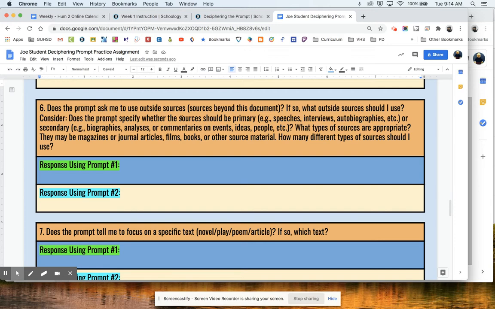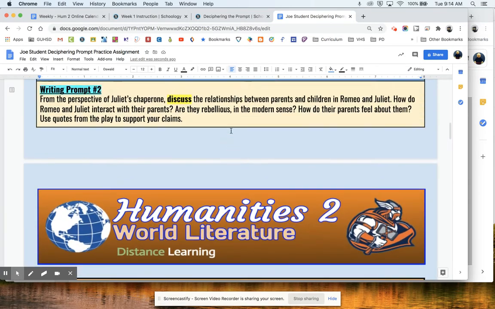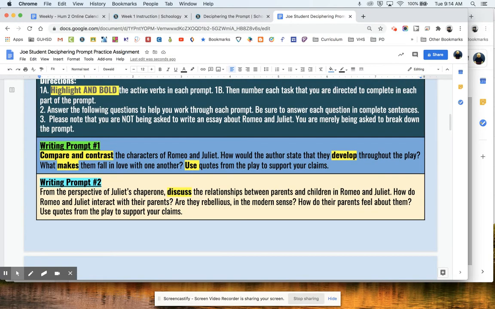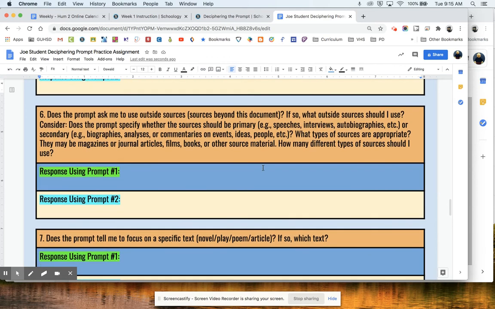Does the prompt ask me to use outside sources? Outside would be books or resources about Romeo and Juliet. And if you look at the prompt, it certainly does not ask you to use any sources, just quotes from the play. So going back to that question, I am only supposed to use quotes from the